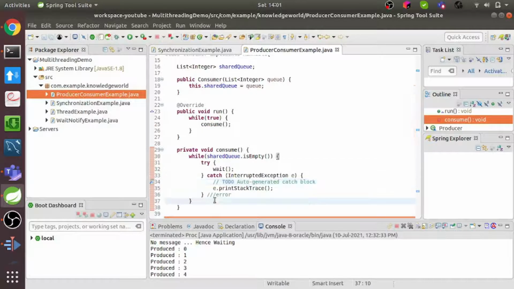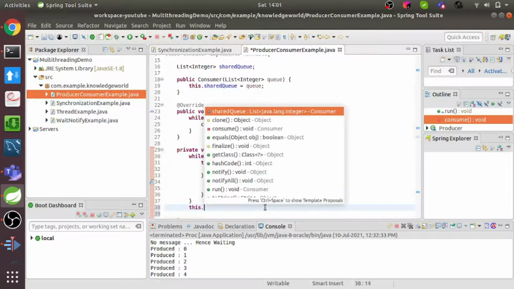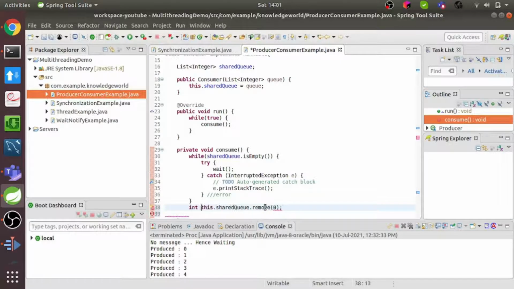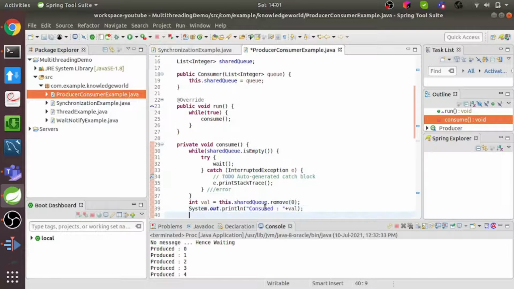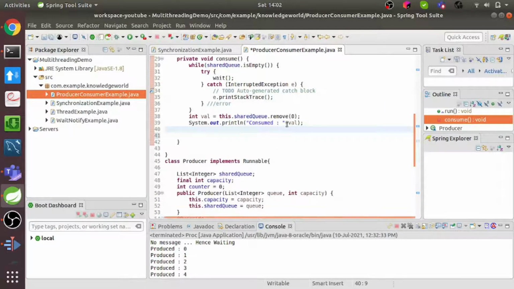Okay, once the wait is over, then we just consume the element. What consuming means is just remove the element from the beginning. And we get the element to print it, and we print "consume", well, sorry, consumed value, right? And assuming the queue would be full here, other producer threads might be waiting for elements to consume, right? So we have to notify other waiting threads, right?